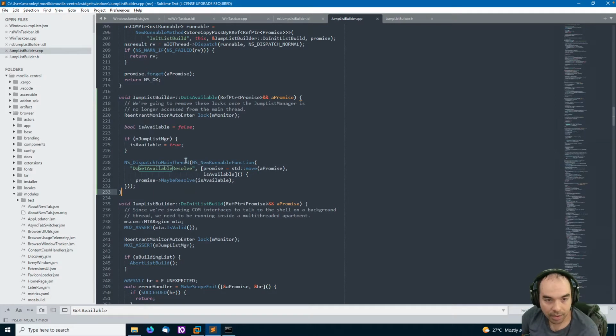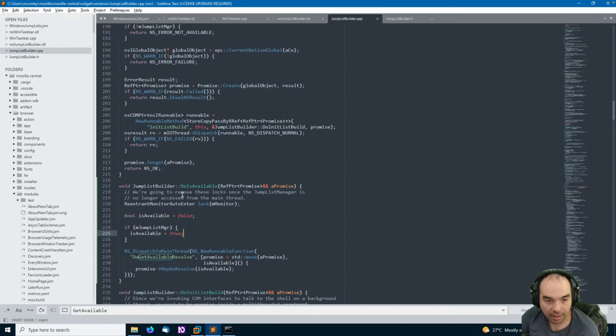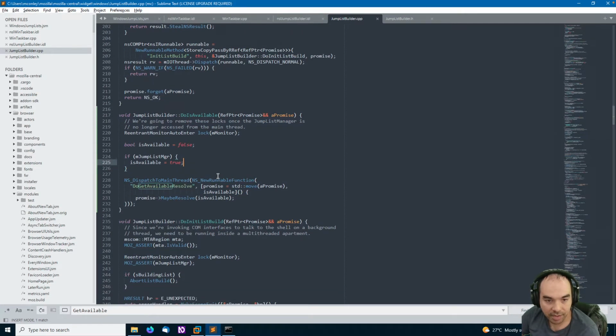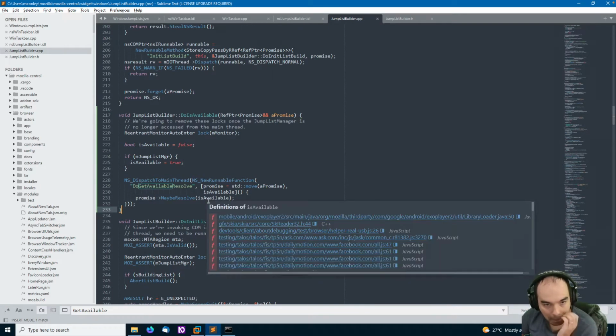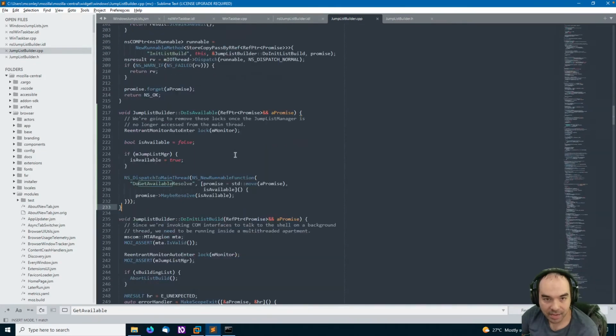And I did it with a runnable that's using the same IO thread, and then whenever it is done, it tells the main thread to resolve the promise. So that's good. And I believe we tested that manually last week.